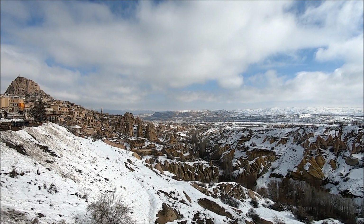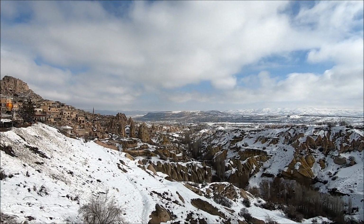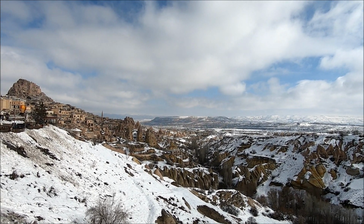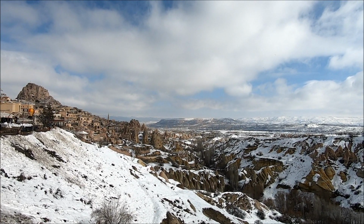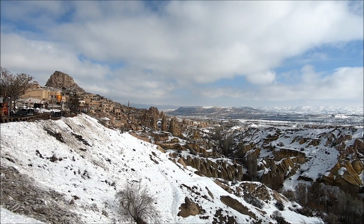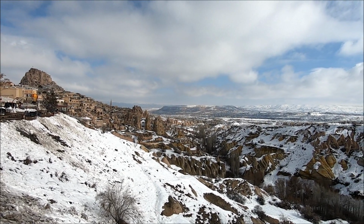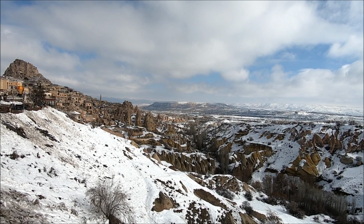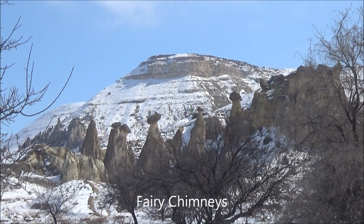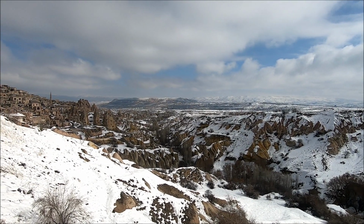After the eruption of Mount Erciyes about 2,000 years ago, deposits of lava and ash created the soft rock formations that we're looking at right now. Well, that is, after time passing and erosion, it created these distinctive formations that Cappadokya is famous for. So we're currently looking at Pigeon Valley,